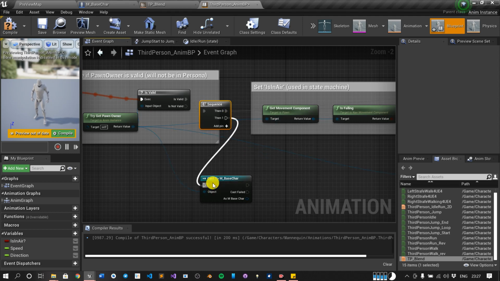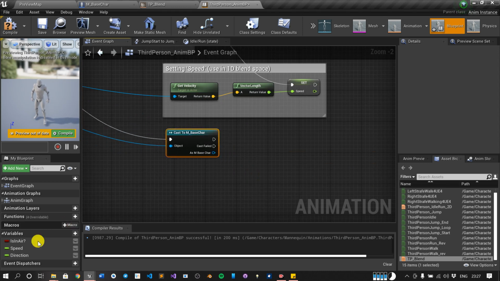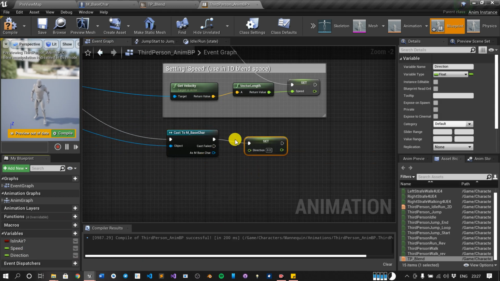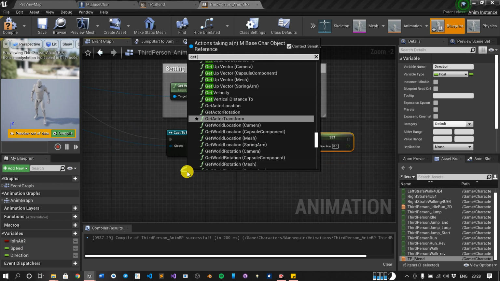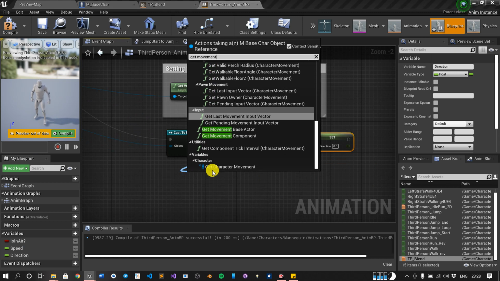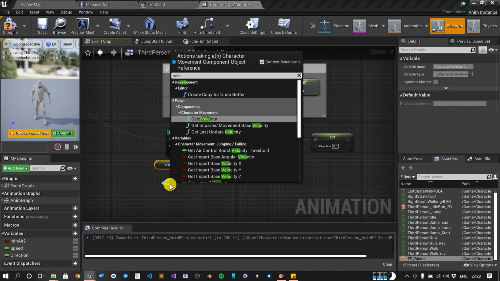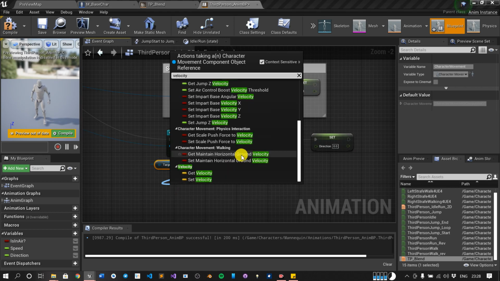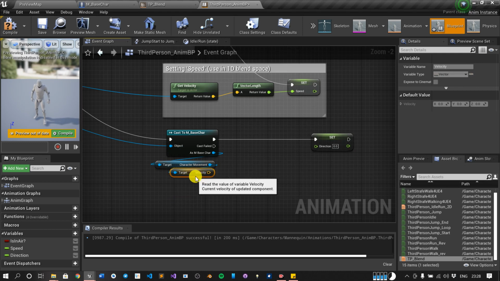So we will not touch the above code, and we will calculate the direction here. First we need the character movement, and with this we will get the velocity. We have the velocity now. Now see, velocity is the vector which gives you the speed and the direction. These are both things it will give. So we need the direction only.